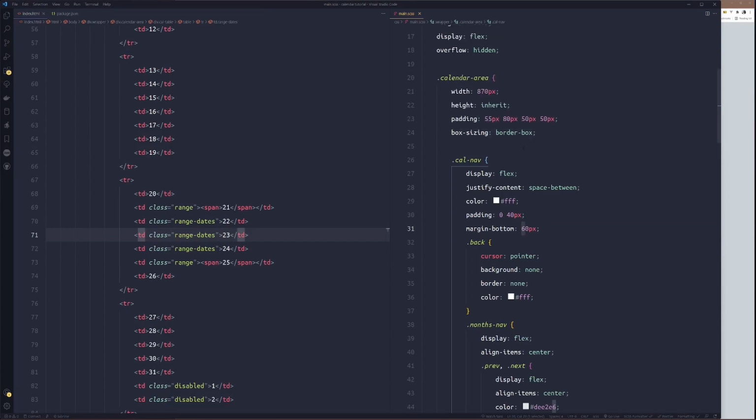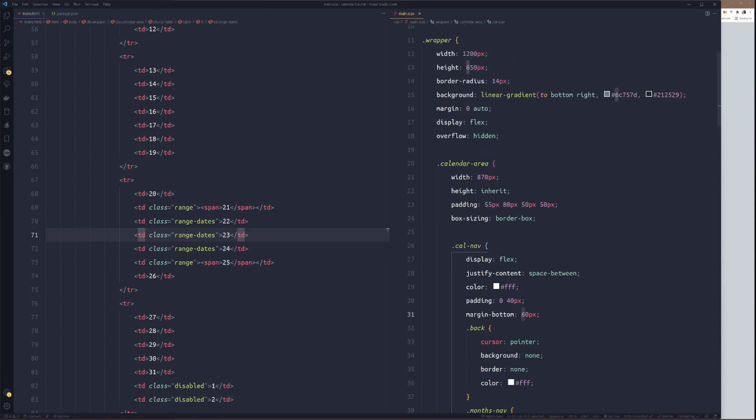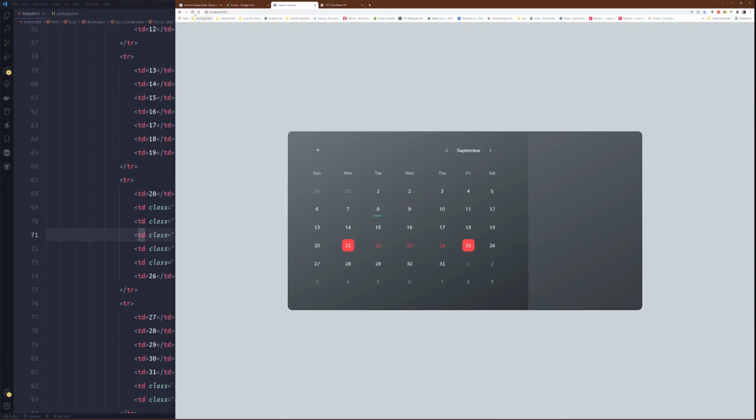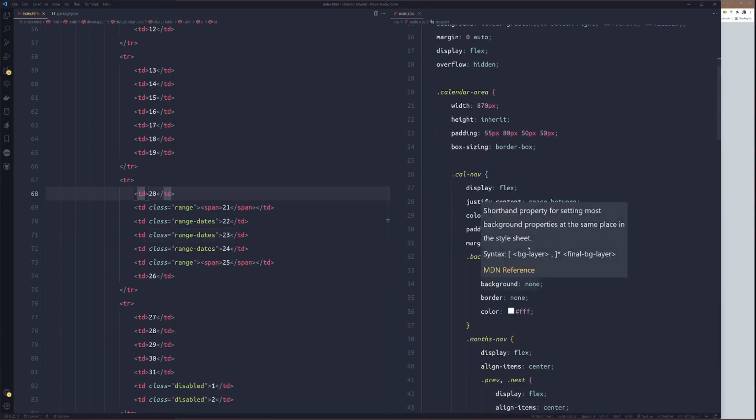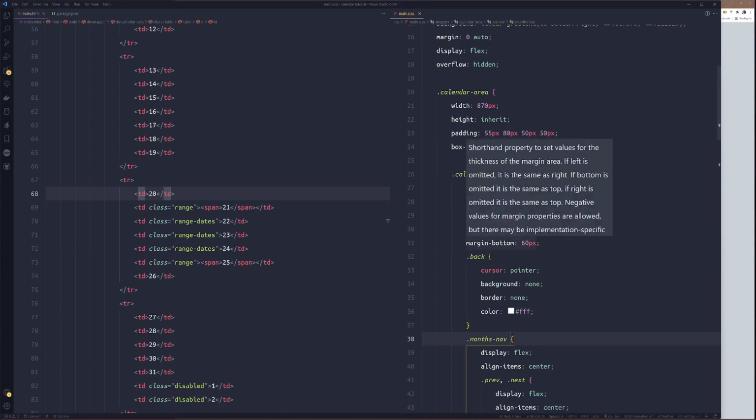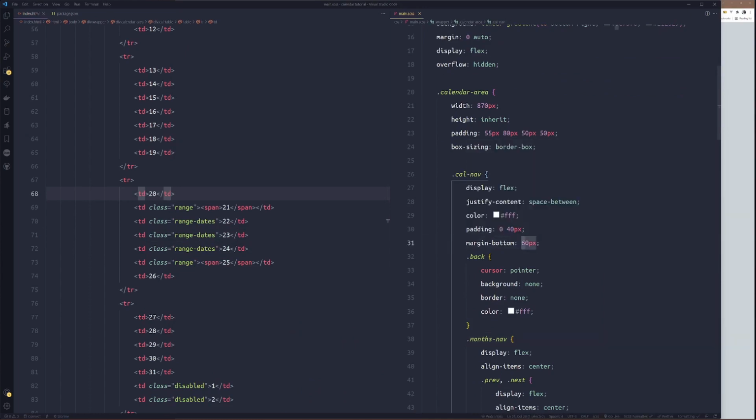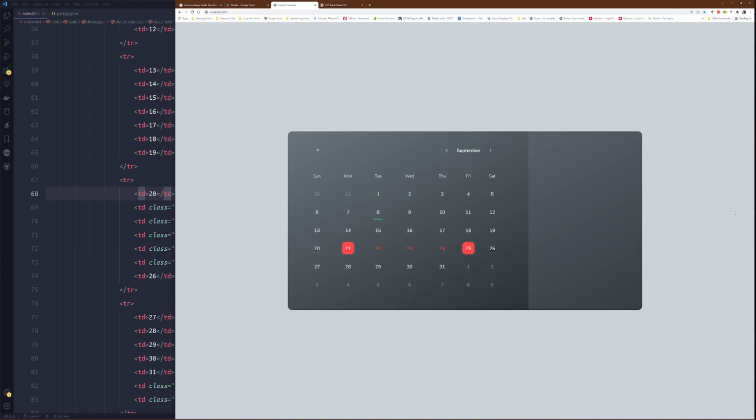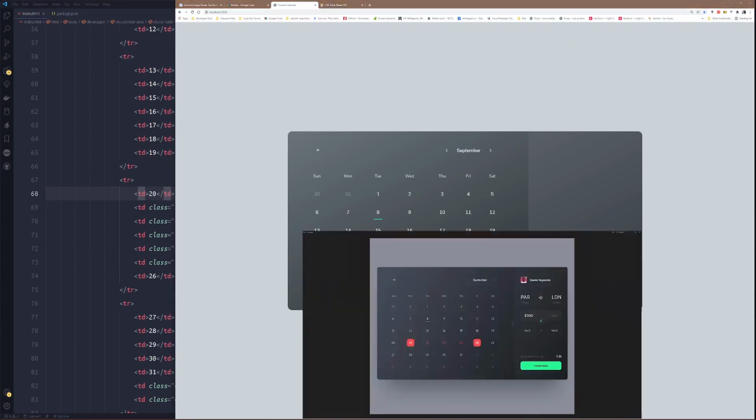In fact, we'll make the height like 600 first, we'll see. I think I like the height. We might just push them down a bit, so like 70. Okay.